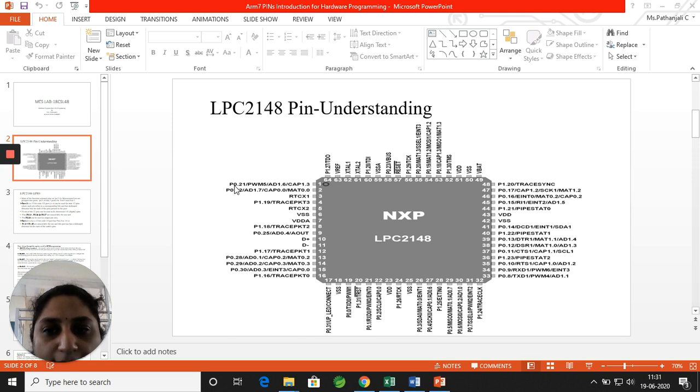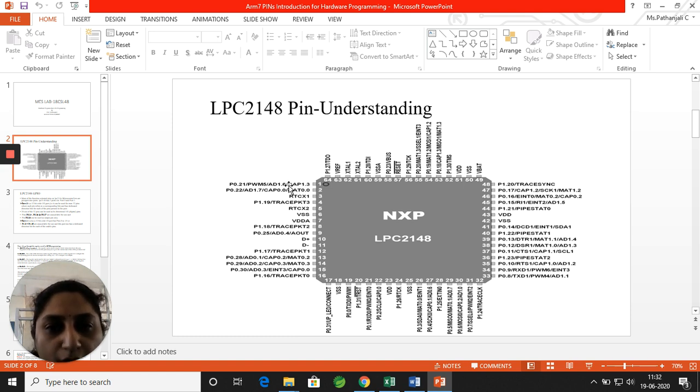You can see here port number P0.21, P0.22 on the left side, and P1.19, and these pins also have other functionalities like AD1.7, PWM5, where PWM5 stands for pulse width modulation port number 5. In the same way we have other options also.